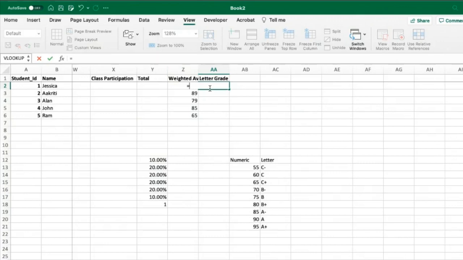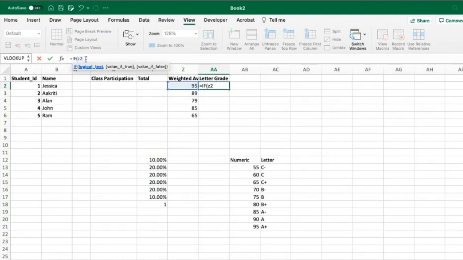Okay, so now we're going to use the if function to calculate the letter grade. To start, as always, for a function, you need the equals sign. I want to select this cell because this is where I want my letter grade, equals if, and Excel will guide you through the function. Excel says that we need a logical test, value if true, and value if false. Whenever you type if, it will give you the requirements. So our logical test is if G2